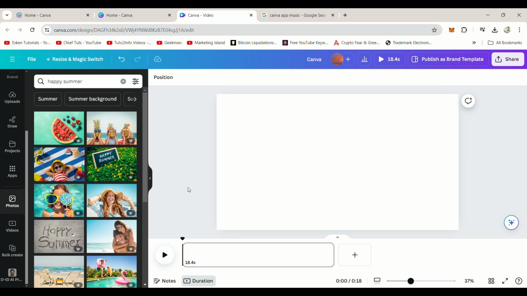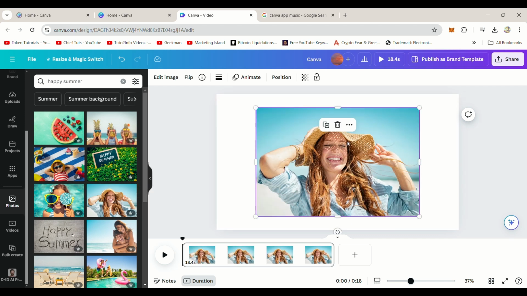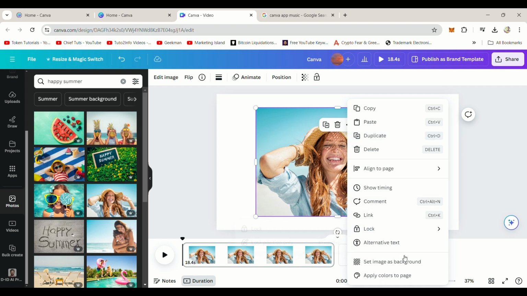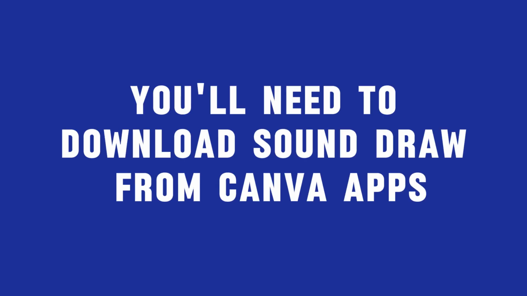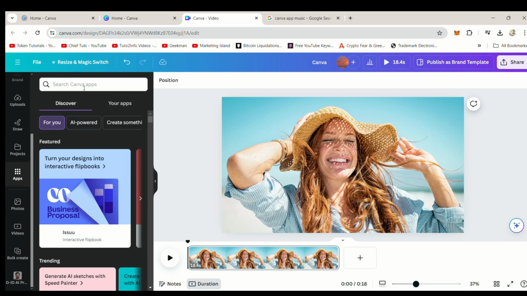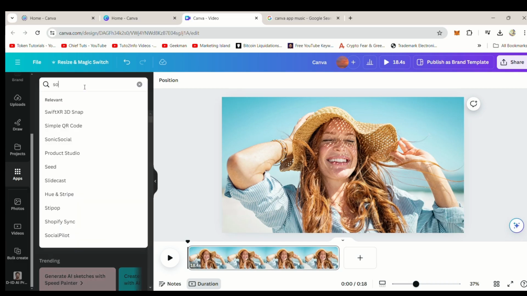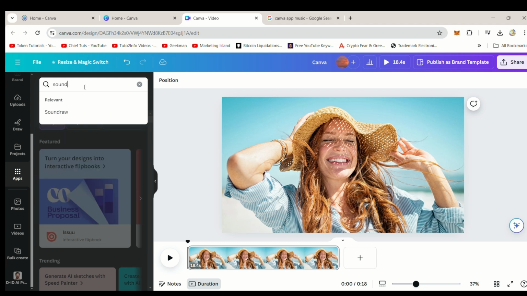Now, let's move on to the second method, using the Canva audio app. For this method, we'll start again by selecting a photo from Canva's photo selection and fitting it to the page. To use the Canva audio app, you'll need to download SoundRaw from Canva apps. On the left-hand side, click on Apps, then use the search bar to type in SoundRaw and download it into